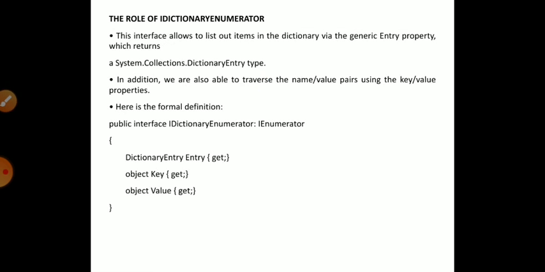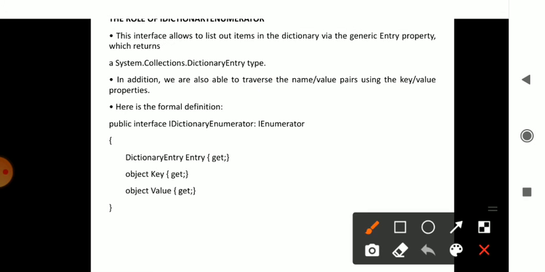Then you have the IDictionaryEnumerator. IDictionaryEnumerator is part of the generic Entry property. Here also you have the concept of keys and values, so the property stores the keys and values of the elements. This IDictionaryEnumerator consists of the IEnumerator concept, and its interfaces are carried onto the IDictionaryEnumerator. The DictionaryEntry consists of the values obtained through the IDictionary, and the keys and values are also obtained from IEnumerator into the dictionary concept. One by one it gets the keys and values.